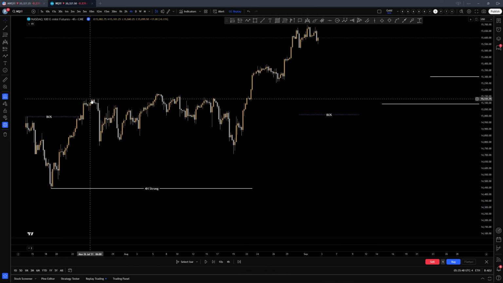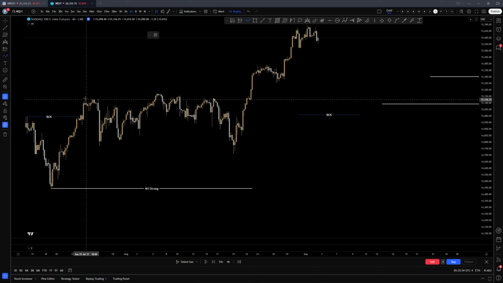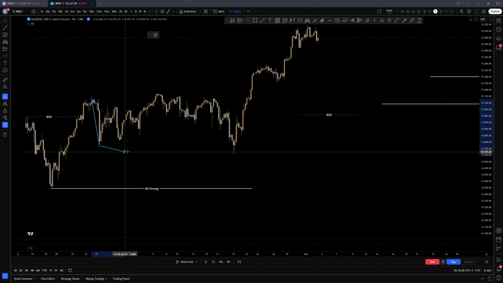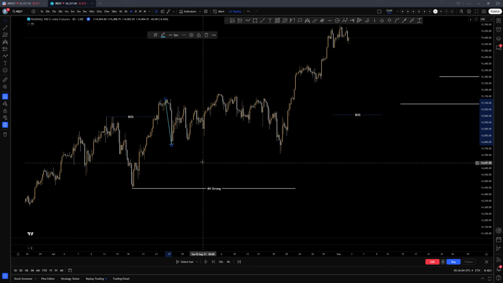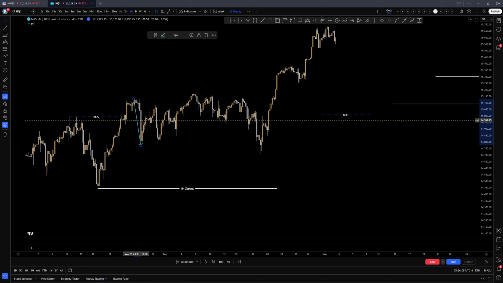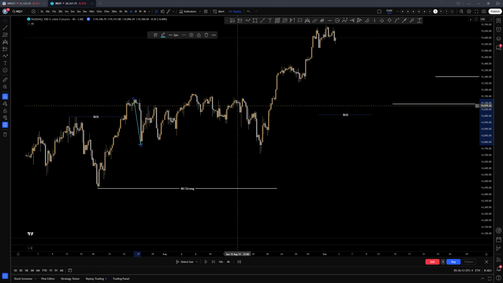So where is our pullback in this piece of price action that we can actually see? Well, you could definitely argue that from this high here to this low here is a pullback, okay? And a decent enough size one in comparison to recent price action. So you could definitely mark that out as your pullback. So if we leave that there for a moment and consider that as our pullback,